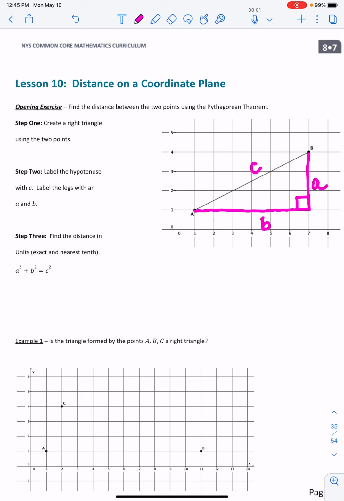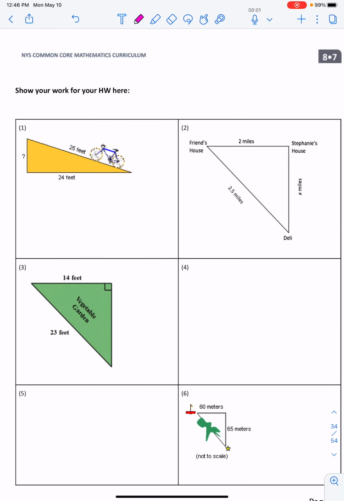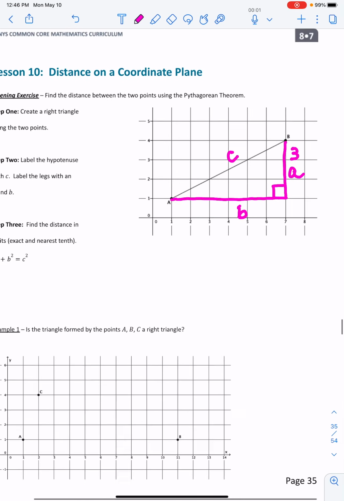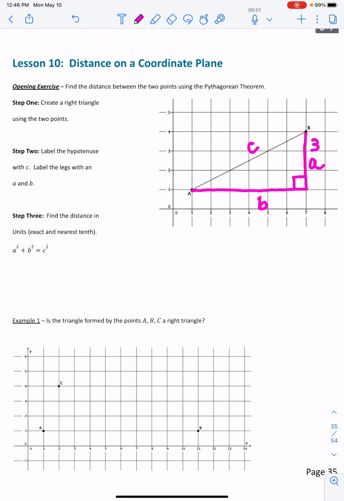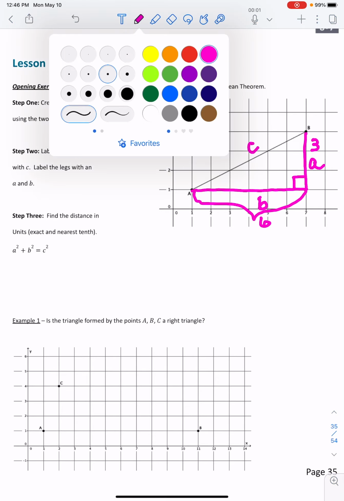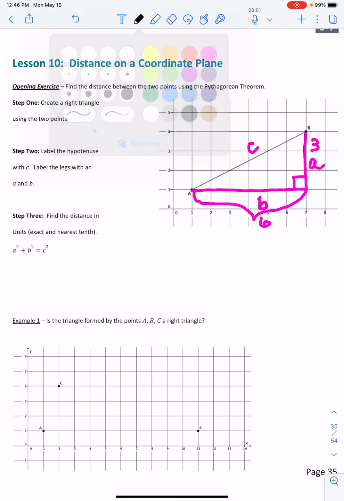Okay. So step 3 says find the distance in units, exact and to the nearest tenth. So in doing that, our distance for A is going to be 3. And if you notice here, our distance for B is from here to here, which is going to be 6. So now to find that,